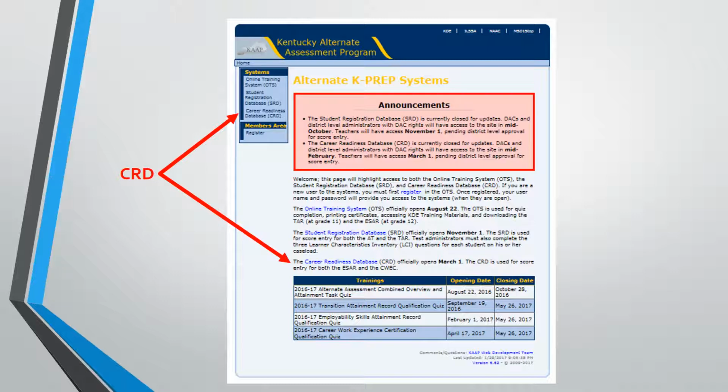After the completion of the ESAR, qualified personnel will key the ESAR scores into the database. For the Career Work Experience certification, the qualified personnel will key the student status into the database, indicating yes or no the student completed the coursework leading to the CWEC. The data is included in state accountability reporting the year the student exits with a graduation code.